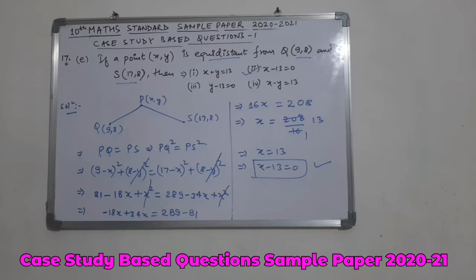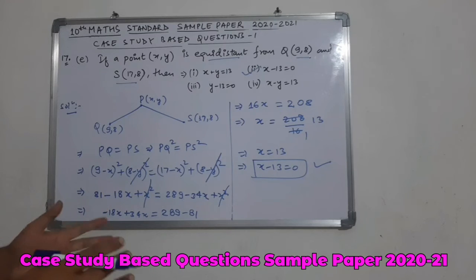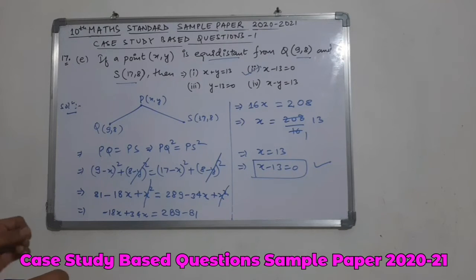Again, we can say this is a case study based question. It is a time taking question, because in each and every question we have to apply a different approach based on that chapter. So we have to be very careful while solving this question, as we have to answer any 4 out of 5, first thing. Second thing is that we have to go through the whole description given before each and every question. Then only we are able to solve this question.